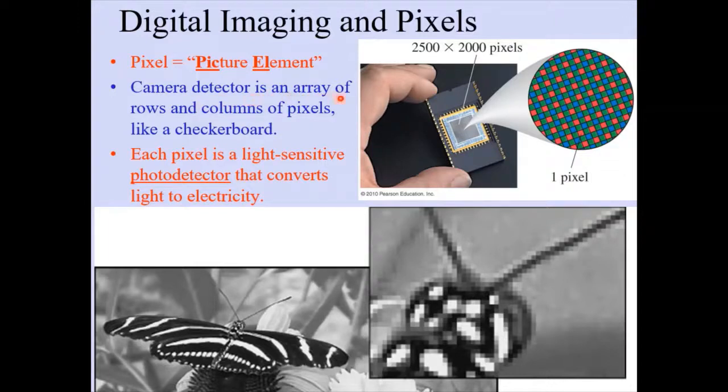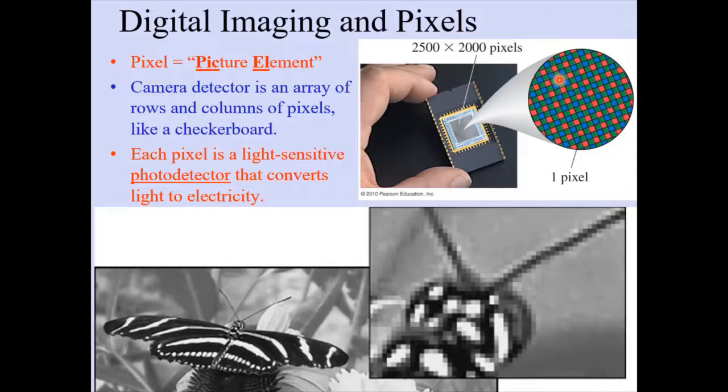It has an array, kind of like a checkerboard, of rows and columns of pixels. And each one of these little squares here is a pixel, which is a light-sensitive photodetector that converts light energy into electricity. So basically, these pixels convert the light that falls on them into an electrical signal